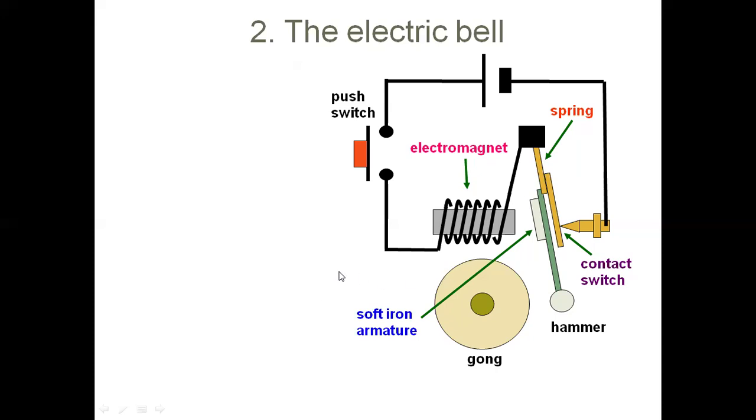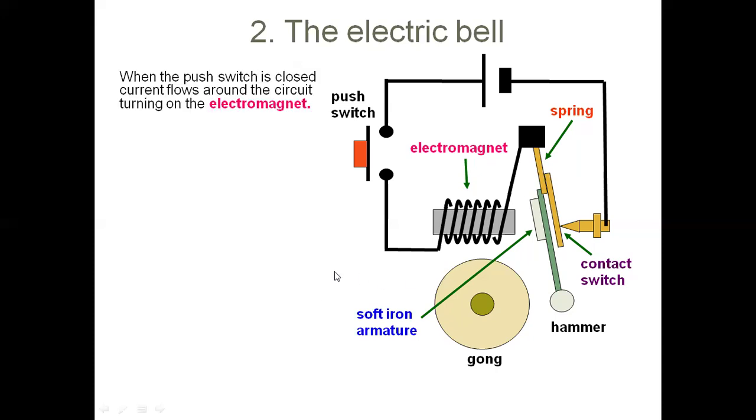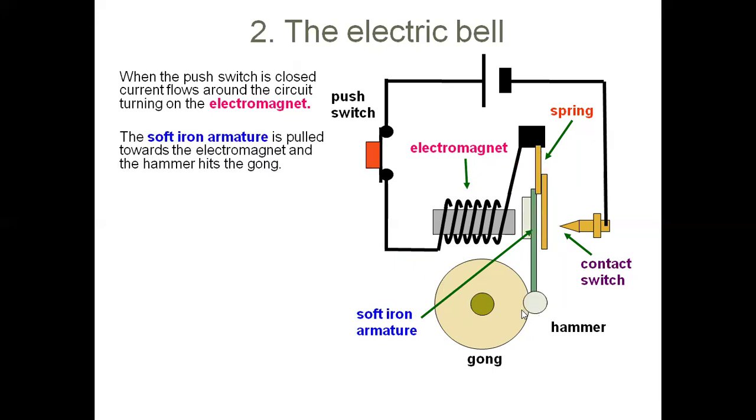But what will happen at that time? Let us see. The current is flowing and the switch is closed, and the hammer is towards the gong. Of course, it is a metal gong, so sound will be heard. But what happened at this point? First the hammer was in contact with the contact switch, and current could flow. But when it is released from there, because this was not a permanent contact,